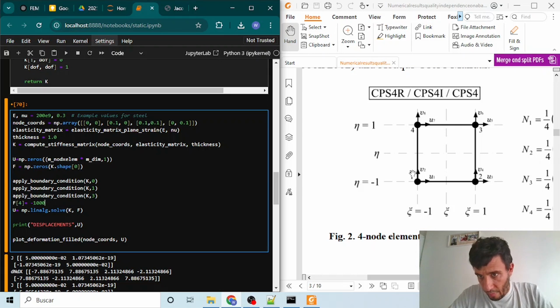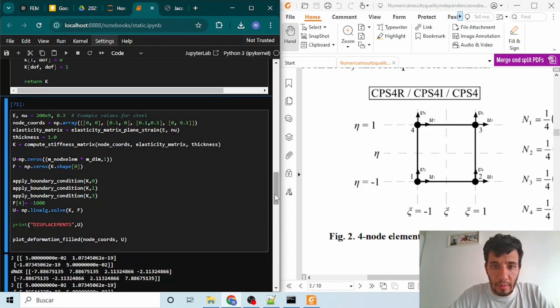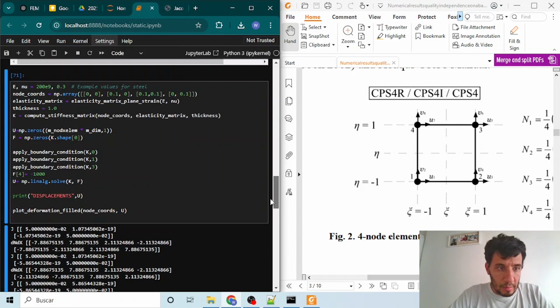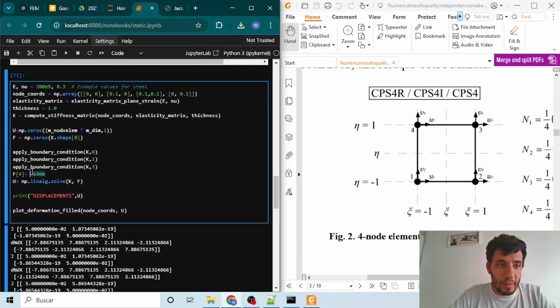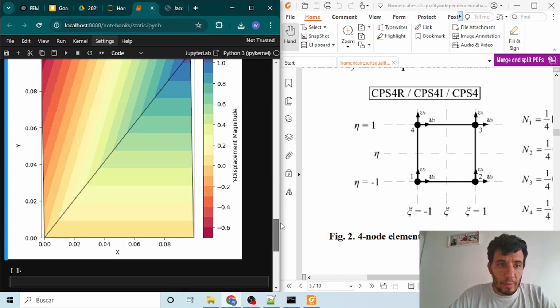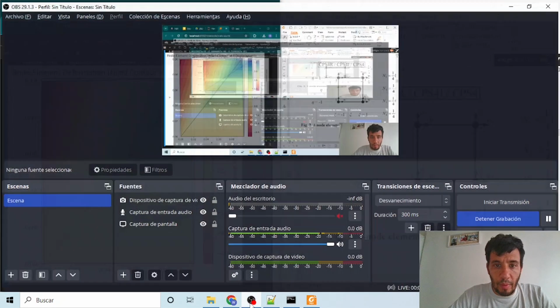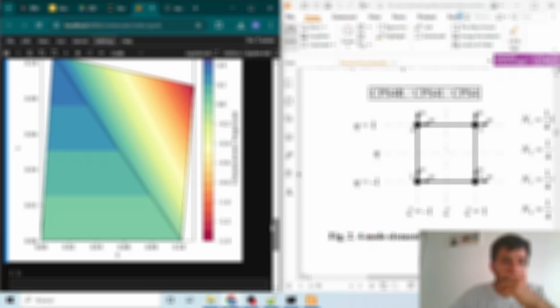It is 0, 1, 2, 3, 4, our 3-node horizontal direction. And since we are applying a negative force, we can see how our displacement decreases and how our shape is moving around, right?